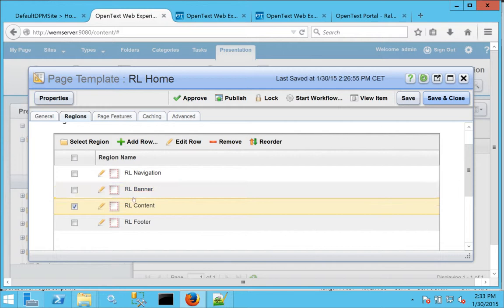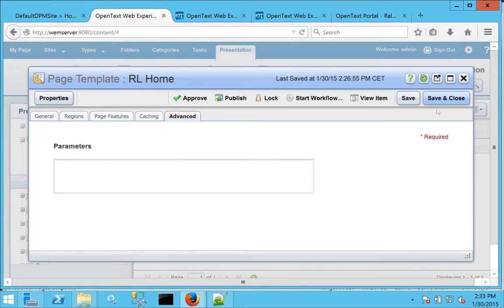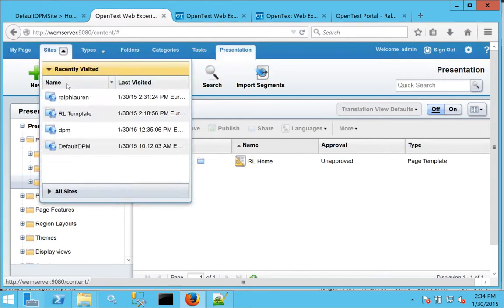Everything else is locked, and banner is using smart list, footer is using all of them, navigation like a site map, and navigation. Page features, if I want to turn them on, caching, advanced, otherwise I save and close my template. And now I'm going to go preview everything to see how it looks, to make sure I can see